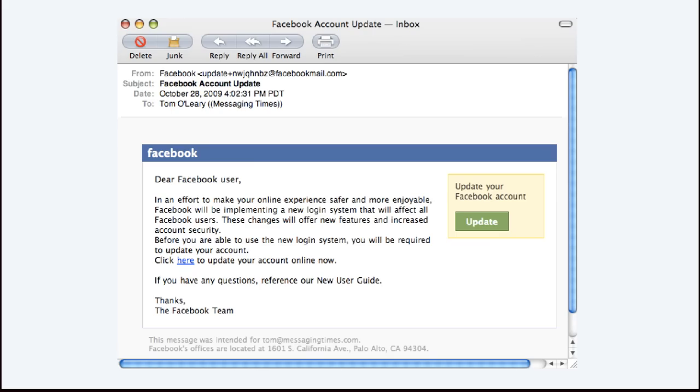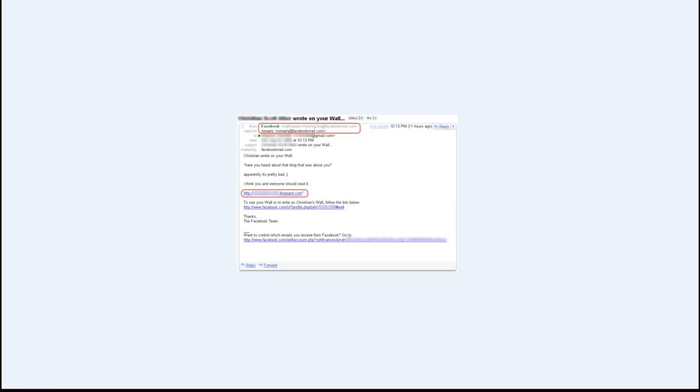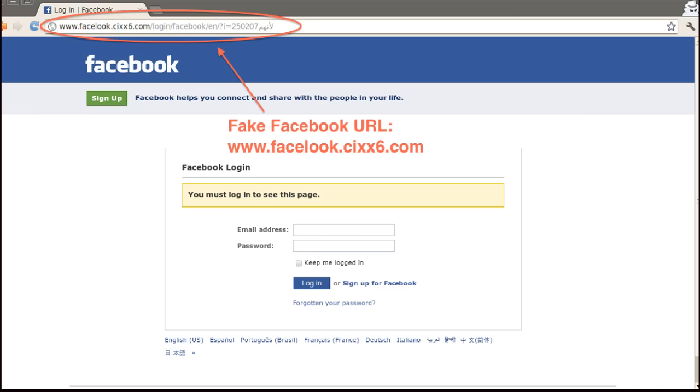The user, not knowing what's going on, obviously clicks on the link and gets redirected to a fake login page, which is usually a subdomain of a certain domain. For example, in this case, it's www.facebook.clxx6.com. So this deceptively looks like Facebook, but it's not Facebook, which is why it's very important that if you